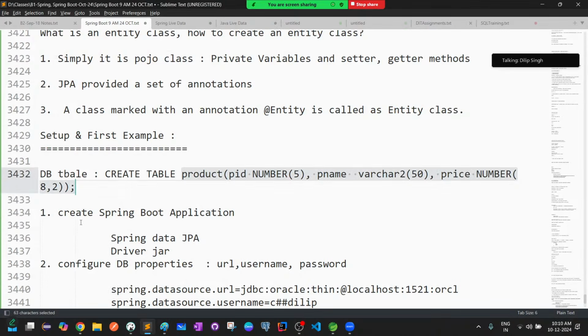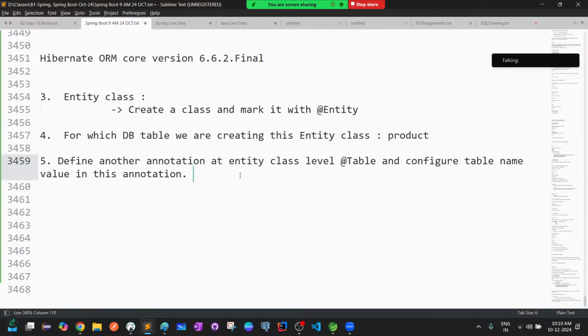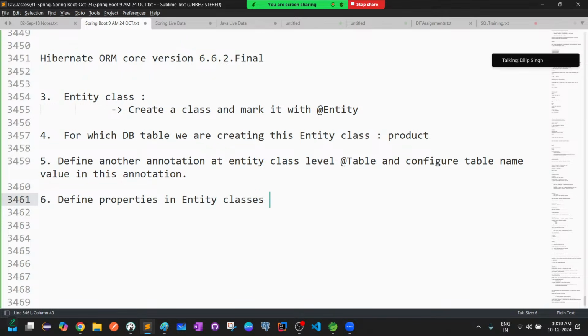So what you have to do here is step number 6: define properties in the entity class based on the columns of the DB table. First you have to define the data type, which is the most important thing, and then the variable. Then step number 7: define an annotation